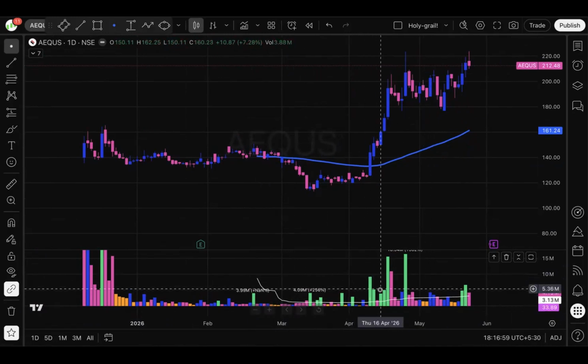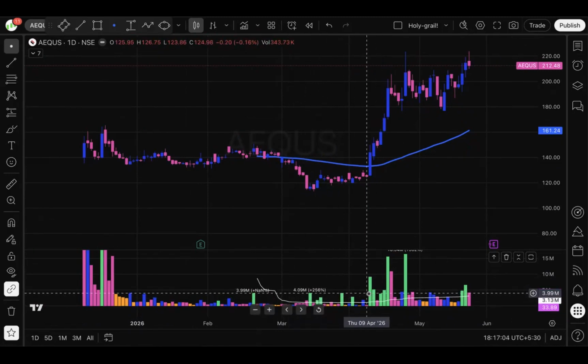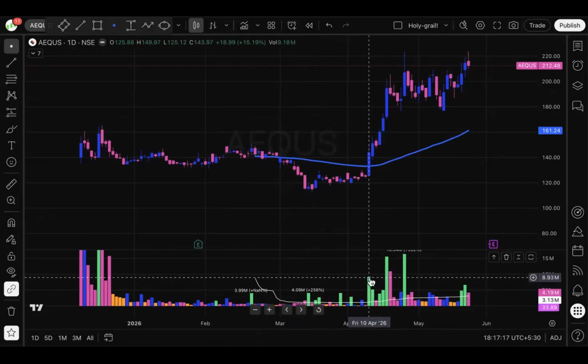Any volume bar which is above the 50-day simple moving average, in a very simple manner, is said to be a high volume day. A high volume day, of course, can be driven by retail investors as well. But if the average volume is, let's say, 3.13 million, and on this particular day, let's say the 10th of April, we're having volume thrice as much as the average volume, there is no way that a retail investor is pushing the stock to this level,